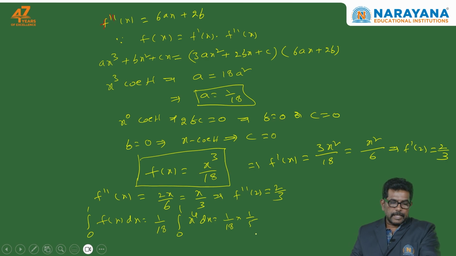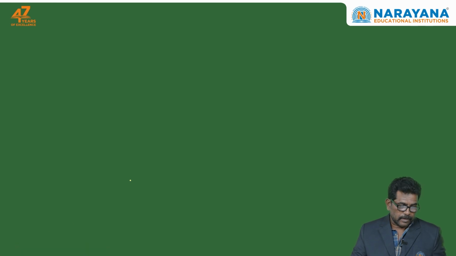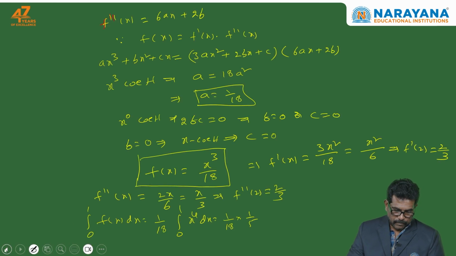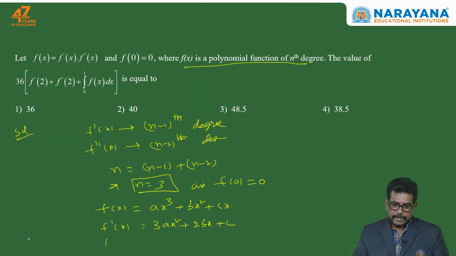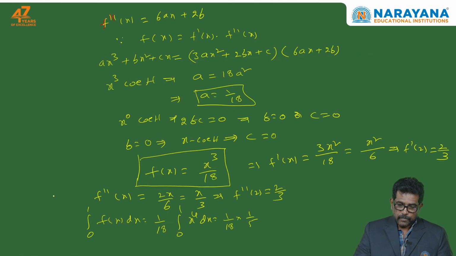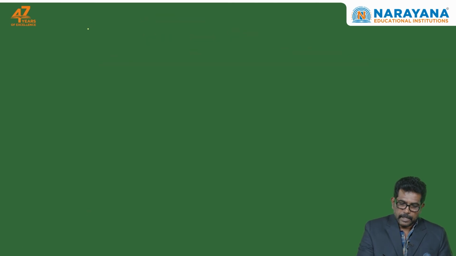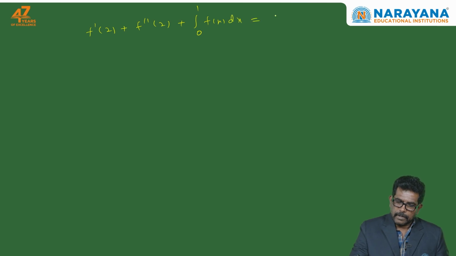By adding all these we get the answer. By adding all these, the required one, what they asked, this is 36 times of what they asked. So first of all we are going to write here f dash of 2 plus f double dash of 2 plus integral 0 to 1 f of x dx is equal to, this is 2 by 3 plus